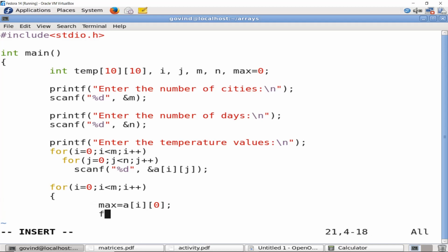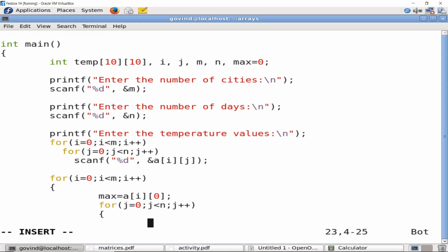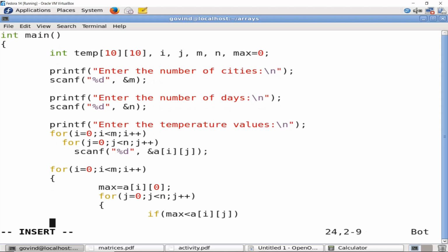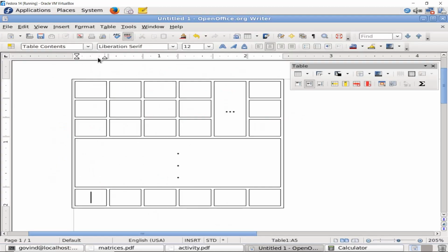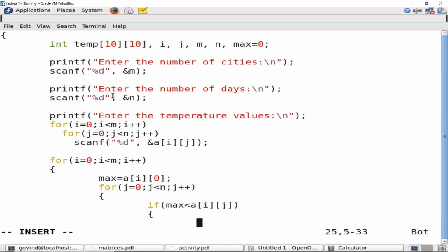Then I will navigate the columns. There are n days, so j plus plus. I will now compare if max is less than a of i j. If this is true, then our assumption of the first element in each row being maximum is false, so I need to update the value of max.